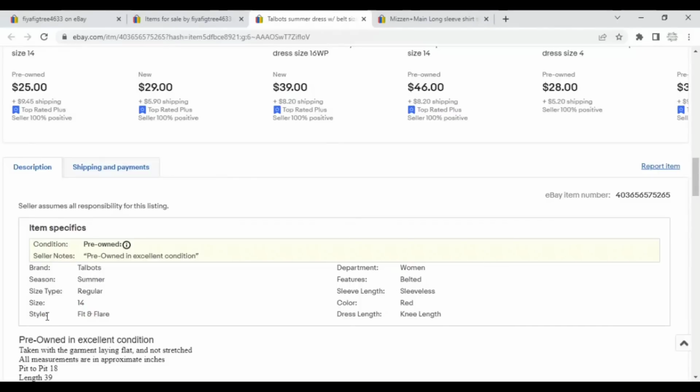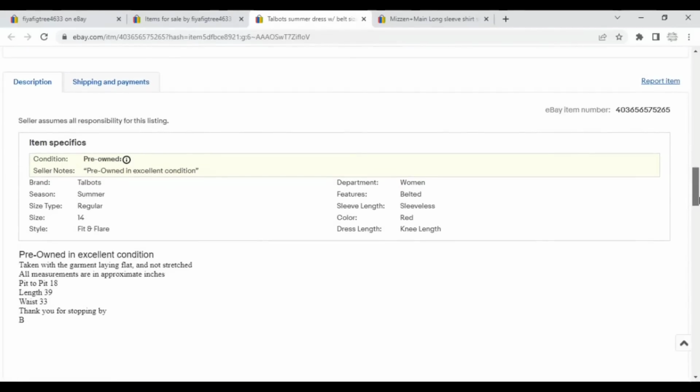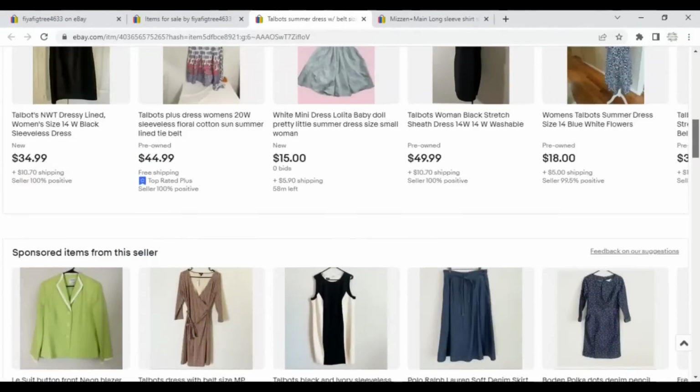For instance, right here, I'm seeing you're missing material. That's pretty important for the buyer to know. And when buyers use drop downs, they do filter the material. Let's see, do you have...